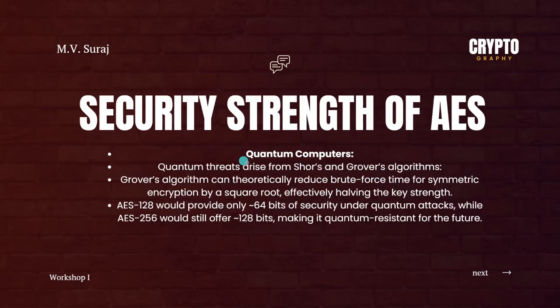Right? Yeah. Quantum computers, so we're going to talk about quantum computers because they are very fast and they can threaten our systems, right? Quantum threats arise from Shor's and Grover's algorithms. Grover's algorithm can theoretically reduce brute force attack time for symmetric encryption by a square root, so it's a lot, effectively halving the key length. AES 128 would provide only 64 bits of security under quantum attacks, while AES 256 would still offer 128 bits, making it quantum resistant